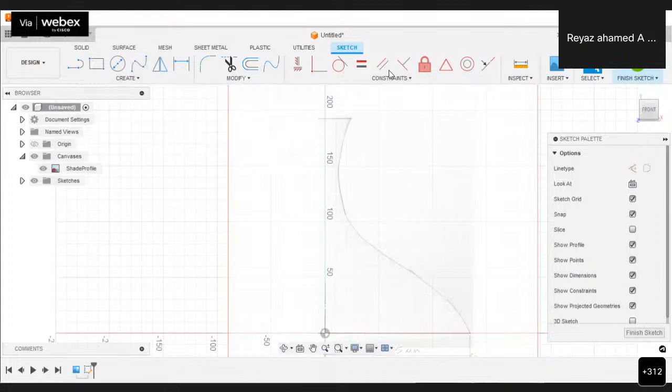And also there's an option called constraints. There's a group of symbols which may be called constraints. These are the constraints you're going to apply for your design. A constraint may be a geometric constraint or a dimensional constraint.